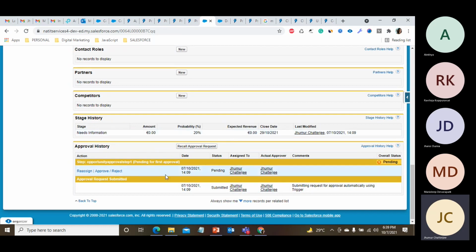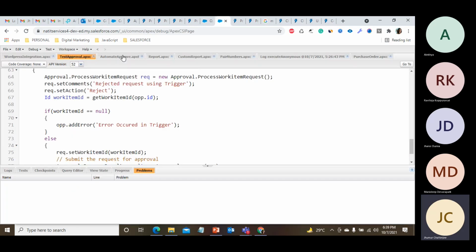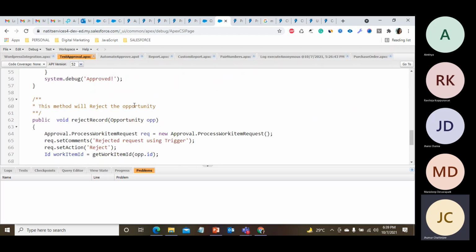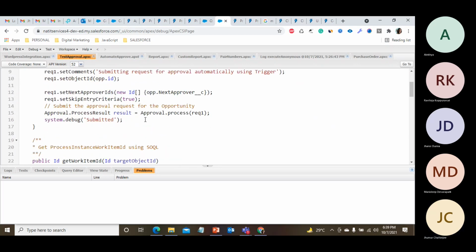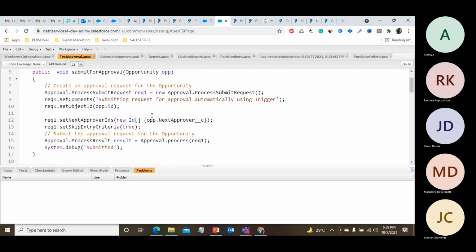It has automatically come by Apex trigger and it's pending because I have clicked on submit, and according to submit only, this method has been invoked. So it just sent the request to the queue.